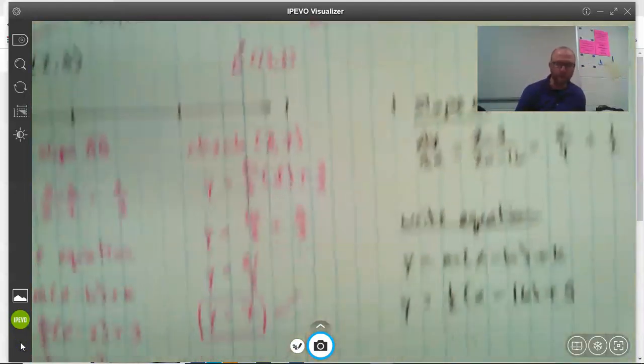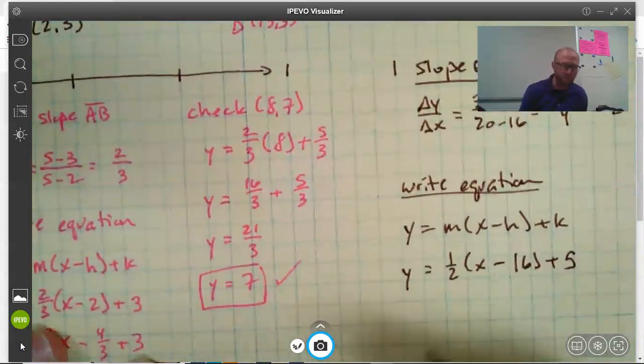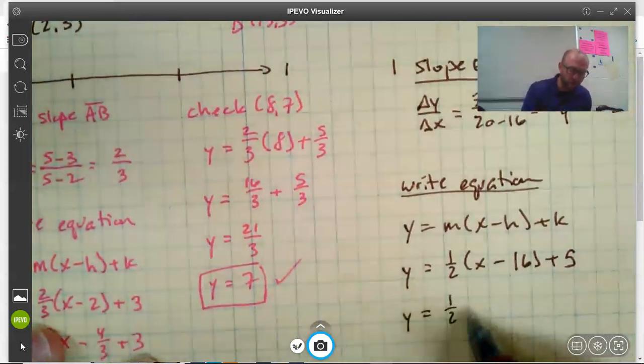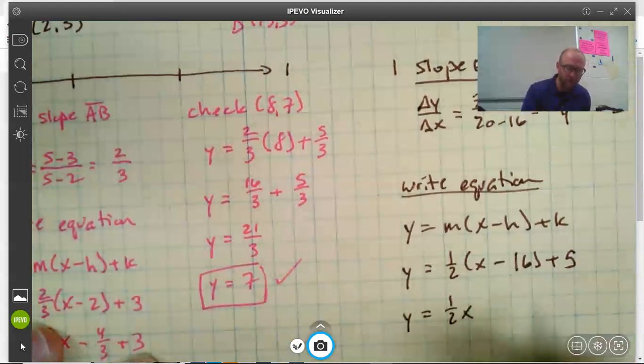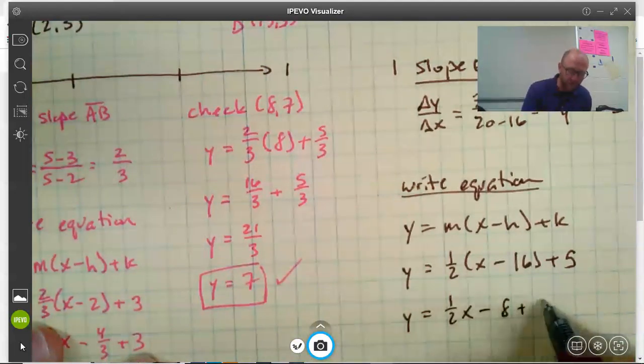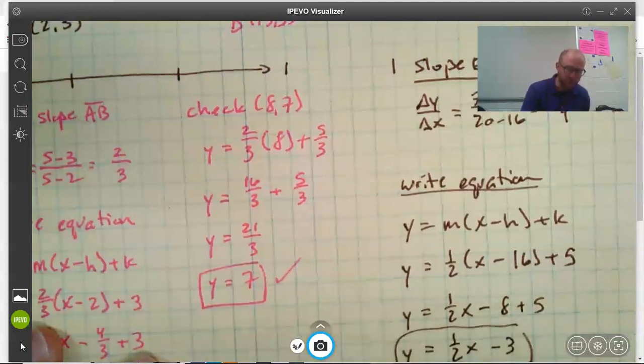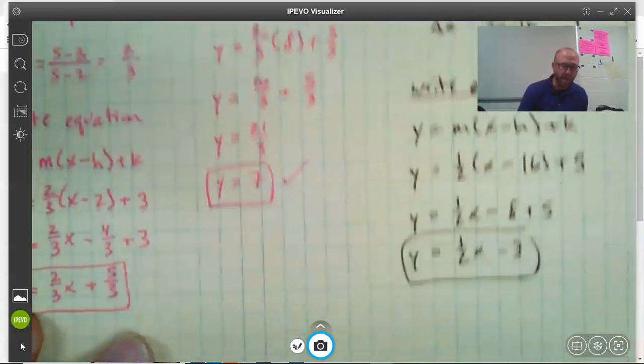Okay, now we're going to take our equation and put it into slope-intercept form, just kind of simplifying things. Y equals 1/2 x, distributed property, 1/2 times 16 is 8, so minus 8 plus 5. Y equals 1/2 x minus 3. So there's our equation. And then we'll check